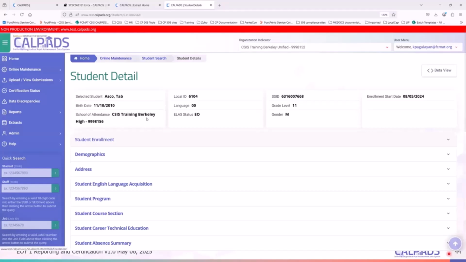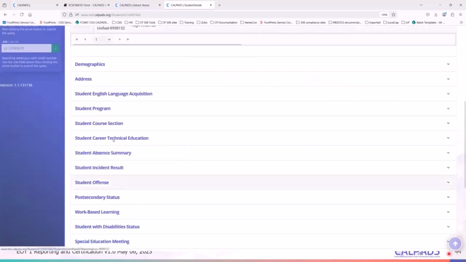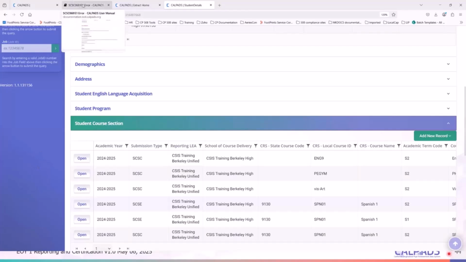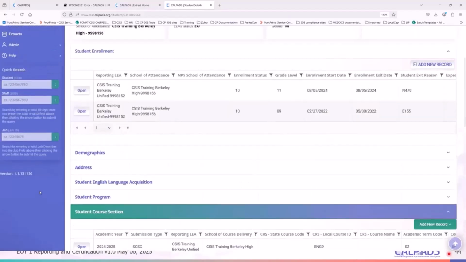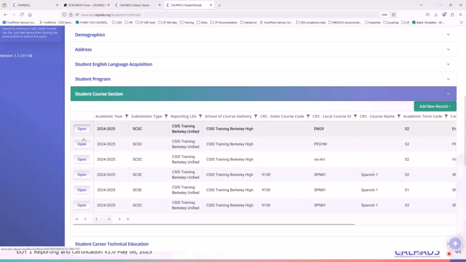So for that, you have here again, turns out the student was a no-show, right? However, you submitted a course during that time, right? So now that's what triggered both the SCSC 681E1 as well as the SCSC 139 because obviously the student wasn't supposed to be reported, right? So if that's the case, if you only have a handful of students, I would recommend just deleting the SCSE record directly from CalPADS. Okay.